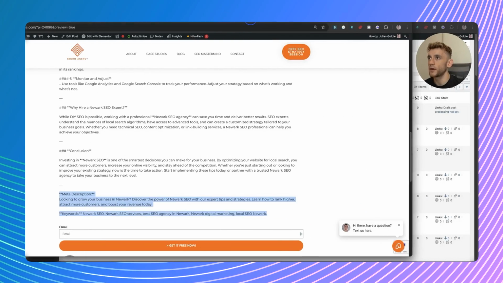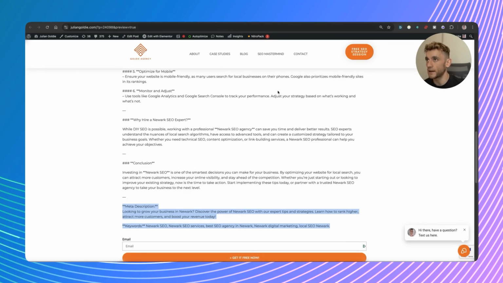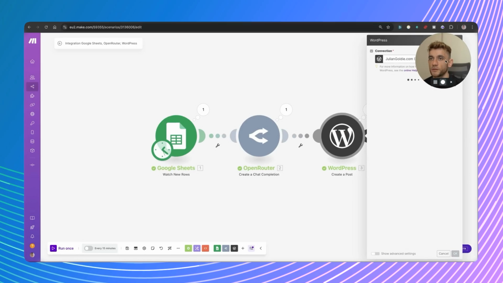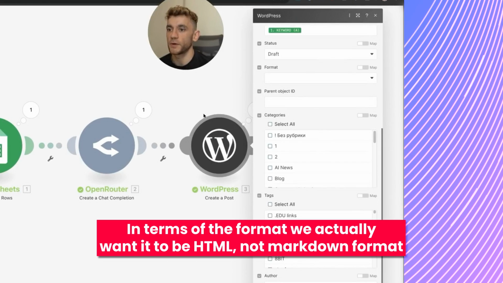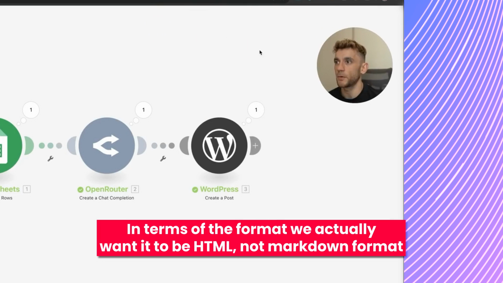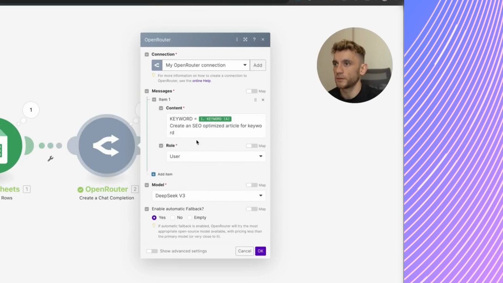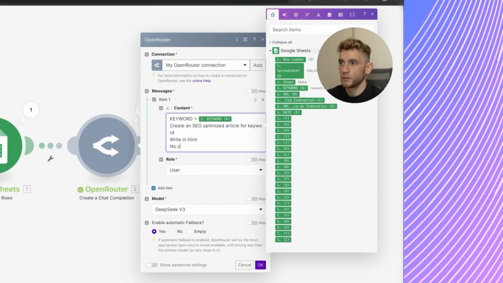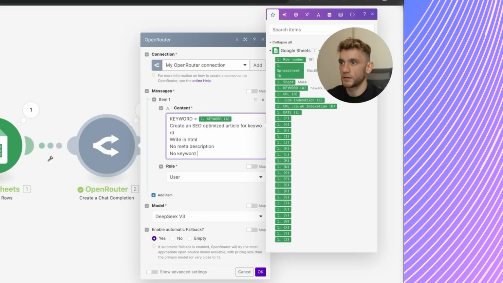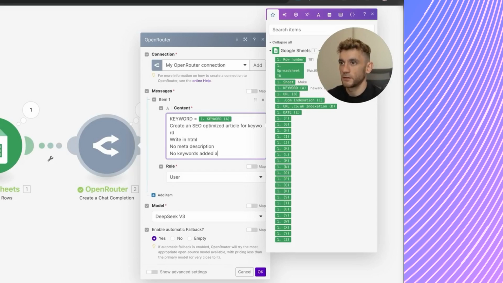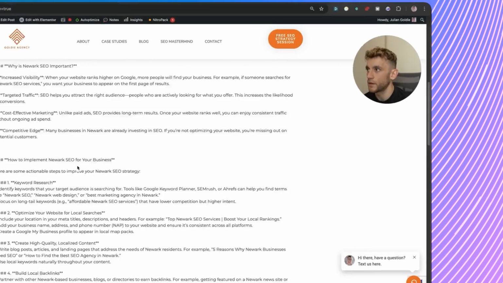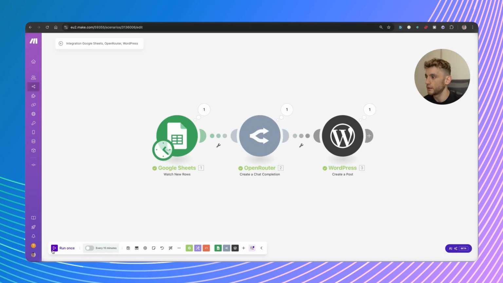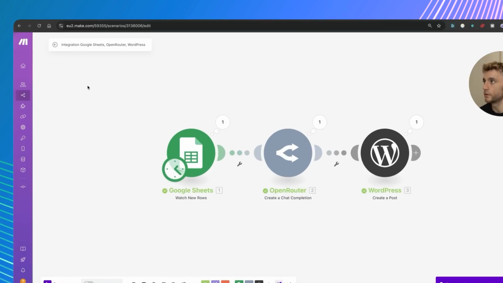Now, if I was to create a better version of this, if I wanted a better output, there's a few tweaks that I would make and you can easily make. In terms of the format, we actually want it to be HTML, not markdown format. So inside the prompt here, I'm going to say, write in HTML, and I'm also going to say no meta description, no keywords added at the bottom of the article, and that should do the 80-20 of it. We'll also put no title at the top, and if we hit save on that, like so,